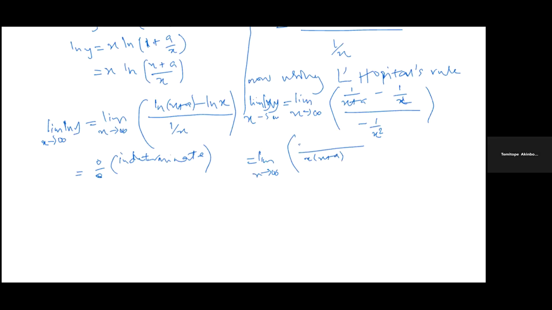So this minus will affect both, to be minus x minus a over minus 1 over x squared. And of course, this will be the limit as x tends to infinity. This minus will take care of this, this x will take care of this x. We have minus a over,